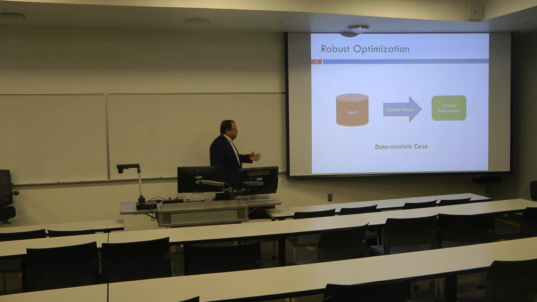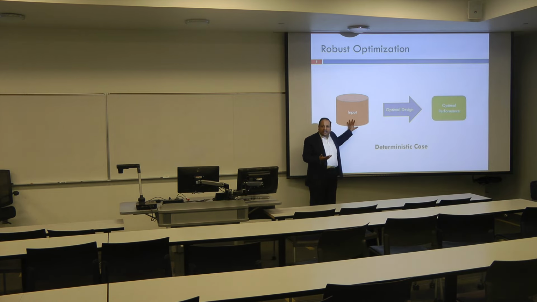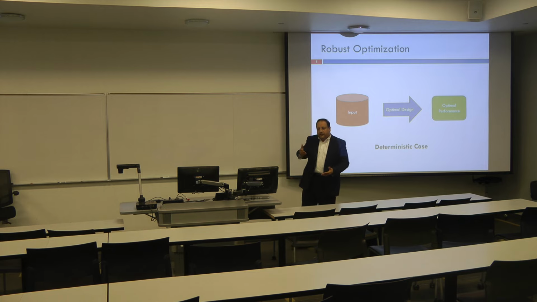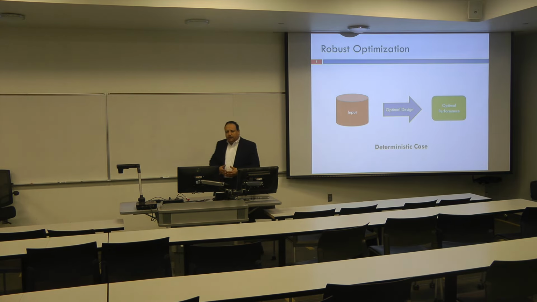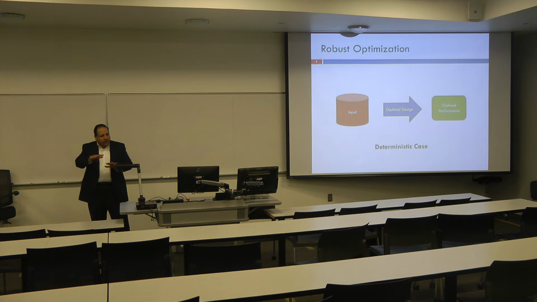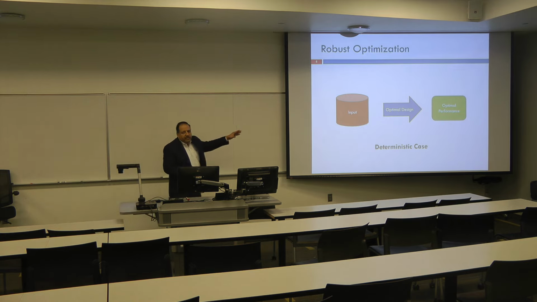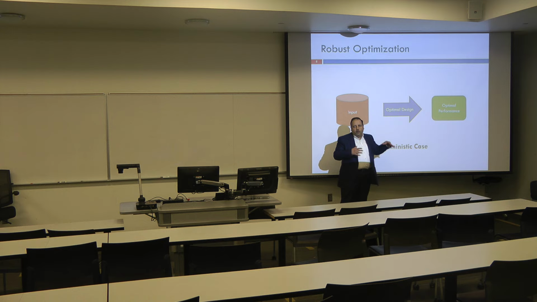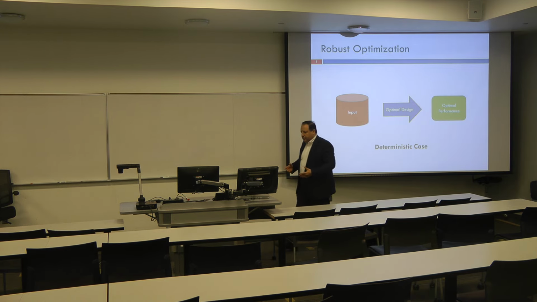I have a certain operational scenario that I think is what will happen in reality, so I try to come up with an optimal scheme to manage this situation, and hopefully this optimal scheme will come with optimal performance. This is how we do it. Say, for example, if one of us were interested in optimizing traffic light timing plans for a certain area, we get some traffic volumes and say, okay, this is the average traffic volume that will be there, so this is our input. Let's feed it into one of these packages that optimize signal timing, and then we will be happy with the performance, right? This is the general idea here.